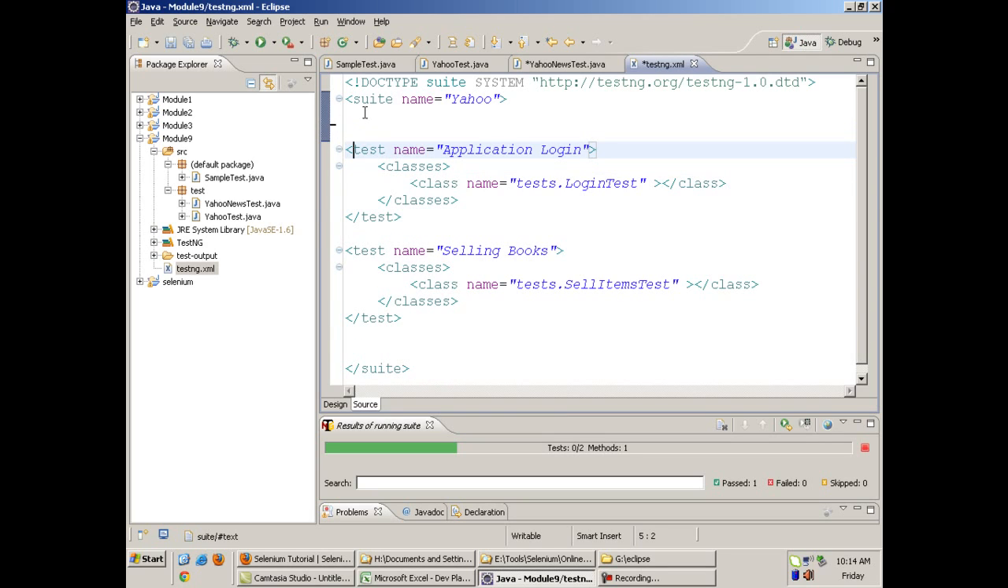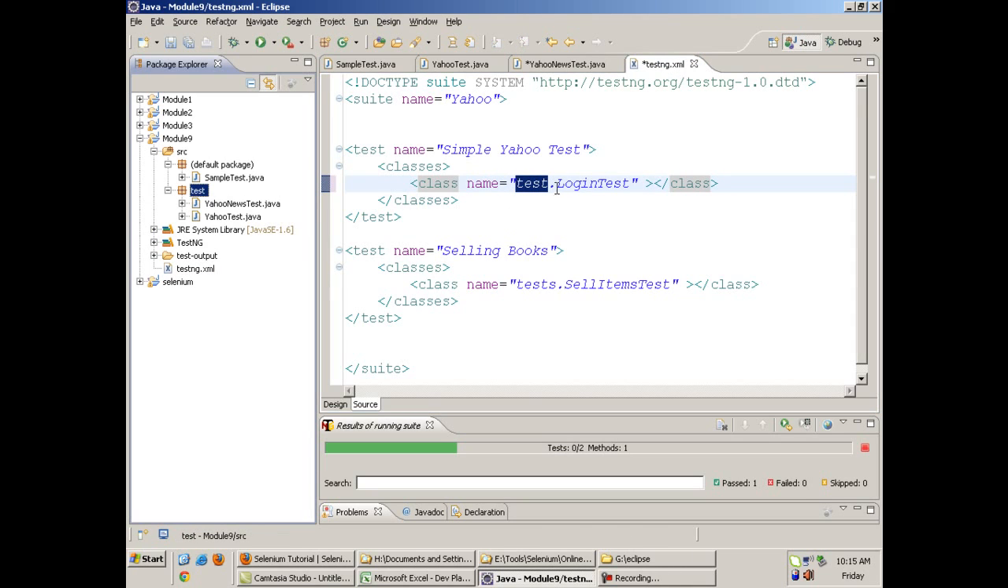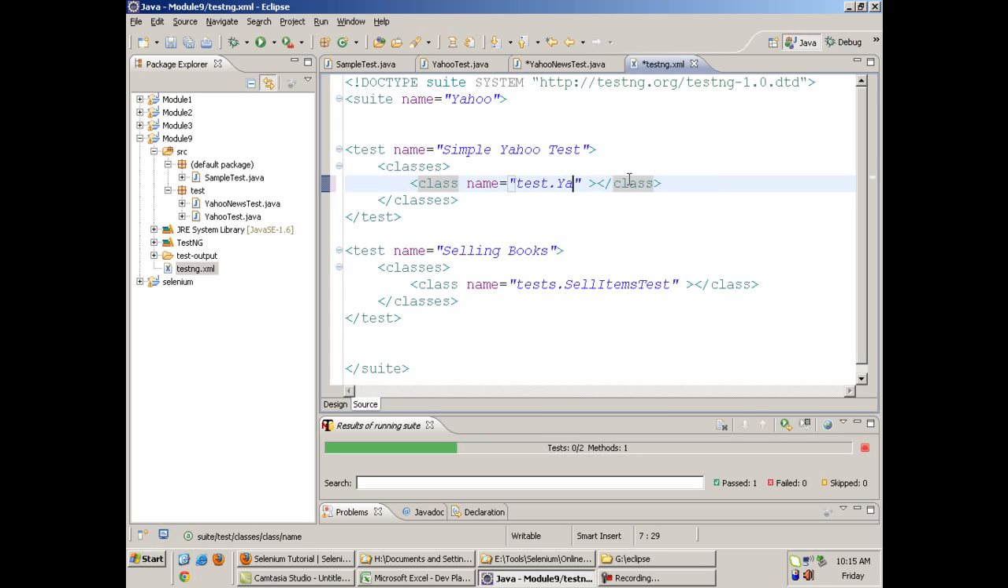Okay, for example, my first test is Yahoo test, simple Yahoo test. Okay, and the Java file corresponding to it. Under the classes tag, you give the class name of the Java file. That is, it is in the test package, in a file known as Yahoo test. And the second test case is Yahoo news test. Okay, so the first one I will write Yahoo mail test, second is Yahoo news test, and